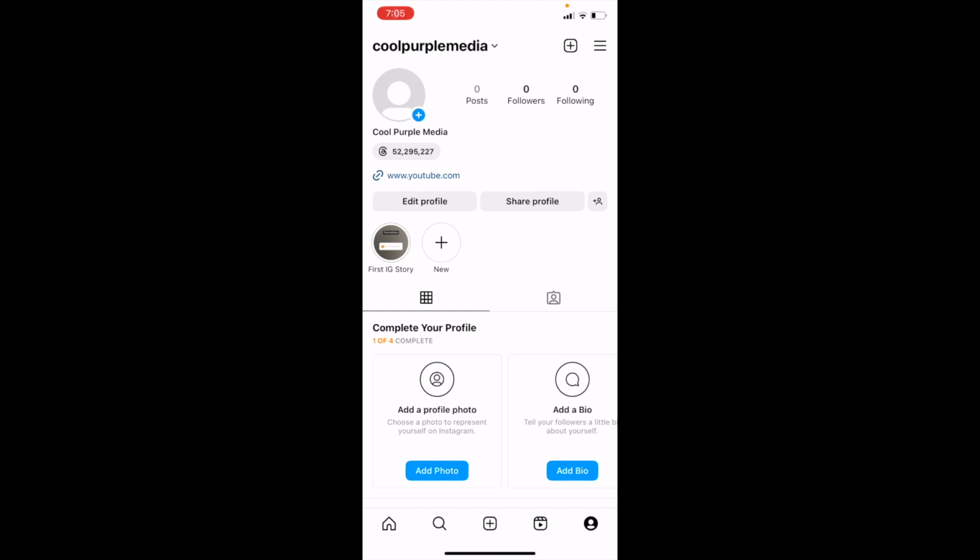So in this Instagram tutorial video, I'm going to be showing you guys how to change an Instagram story background color here on Instagram. So once you have Instagram open up on your device, go ahead and add a new